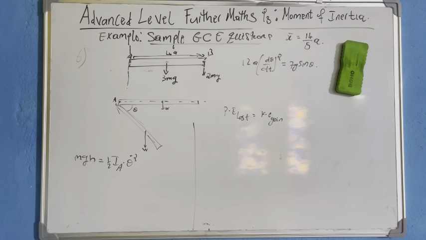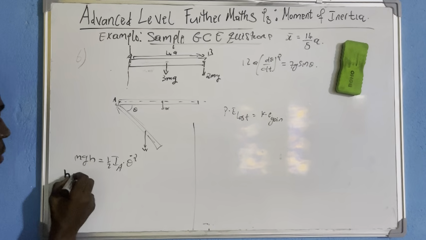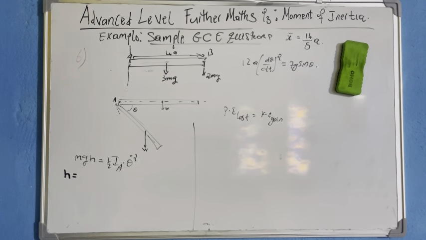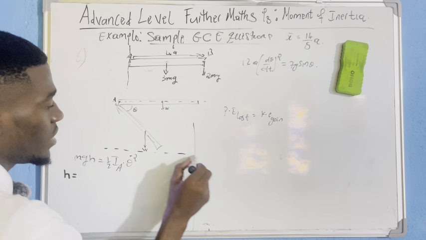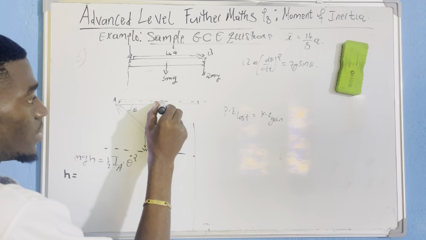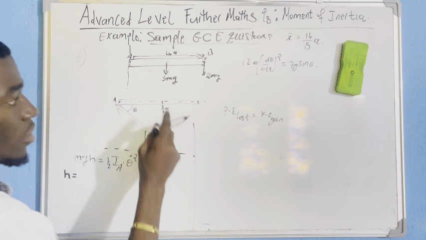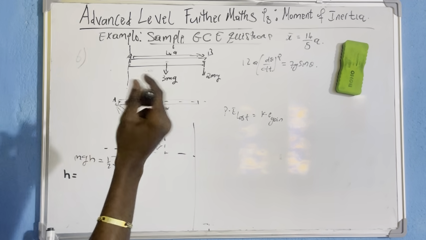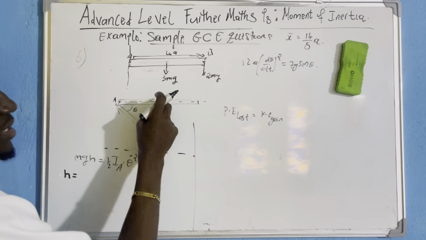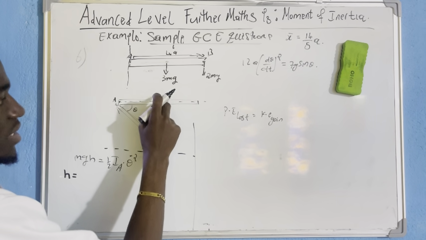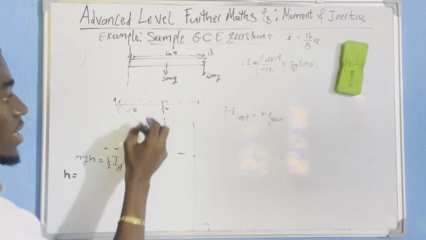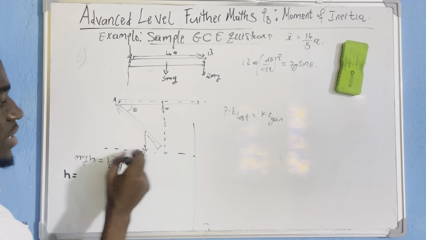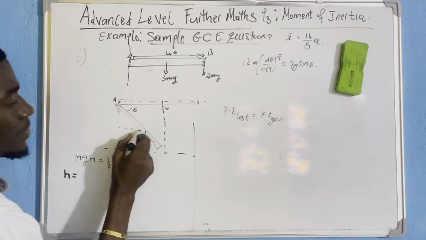It means that I should go and calculate H. What is the value of H here? You people should look very carefully. Now look at it, it is loss in height. It means that if I take my reference maybe to be here, the distance from the initial position of the center of mass of the weight of the system to this reference is here. Then the final position is here. Are you seeing?